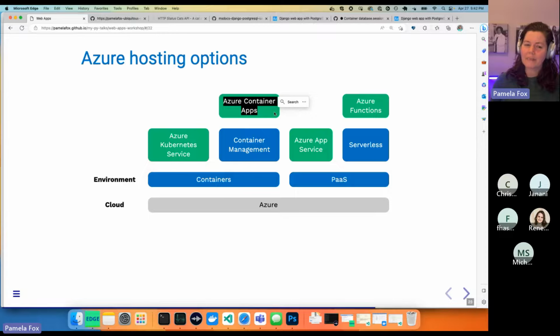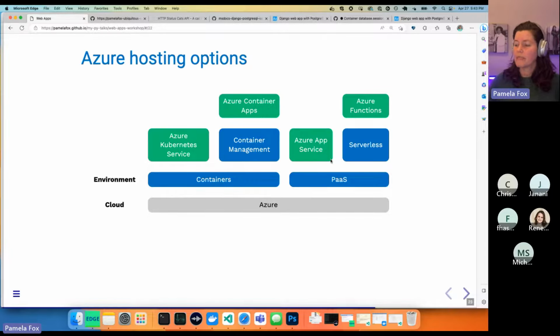But Azure Container Apps actually does some of that management for you, but is basically Kubernetes behind the scenes. I have actually used Container Apps. I used it for my personal website for about 6 months, and it was fine. I put it behind a CDN. But yeah, it was pretty easy to use. So the two that I use the most often right now are Container Apps and App Service.